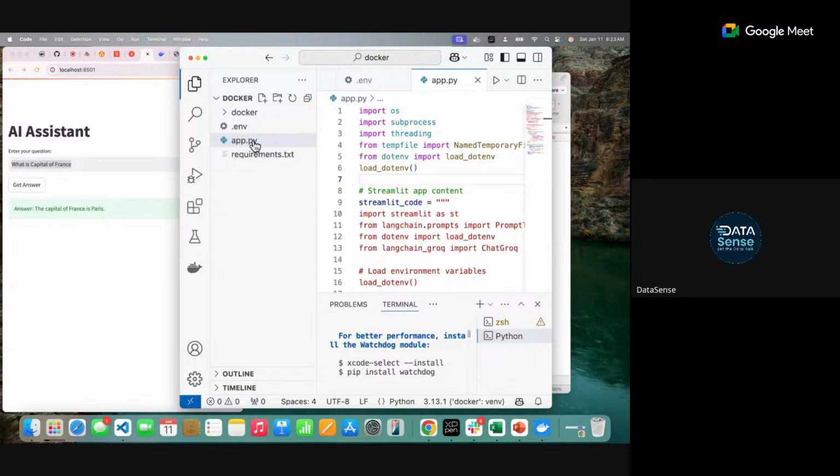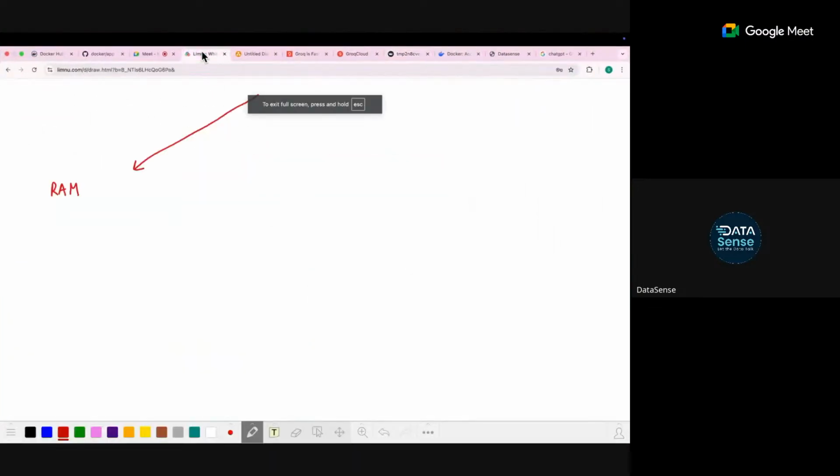Right now I'm just using a Python application. Now what things influence this? First of all, the RAM of my system, right? The response that I'm getting here depends upon how I have coded. Second thing, how good my RAM is, because suppose I'm training some model on my personal laptop, it might take some time. But if I'm training some model on a big cloud server, it might take less time, right? So first of all, RAM plays a role. Agreed, everyone? Yes or no?